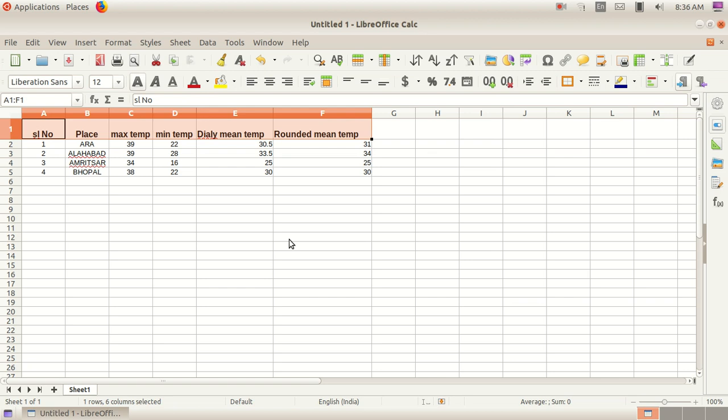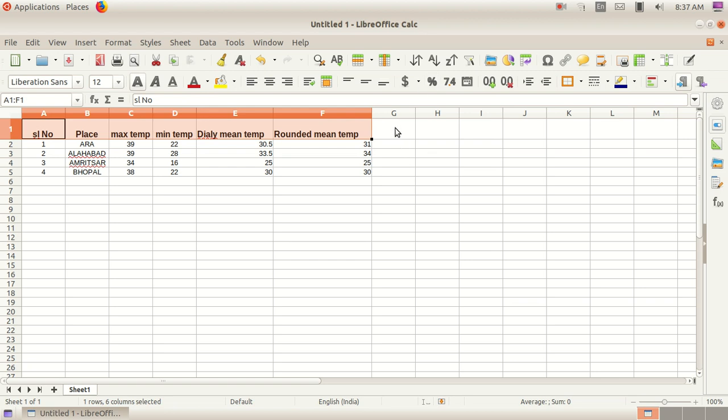Standard 9 IT, Chapter 6, Analyzing Data in the Computer. Activity 6.4: IF to categorize data. Here there is a function called IF that is used to categorize our data according to a condition or based on a criteria given. For that we can use the already built function, that is IF.